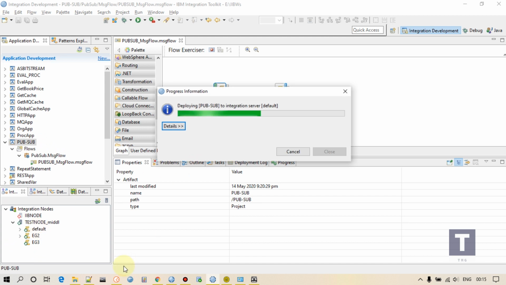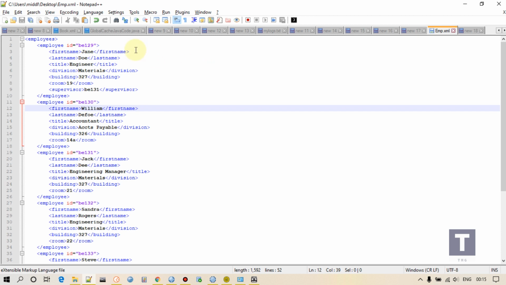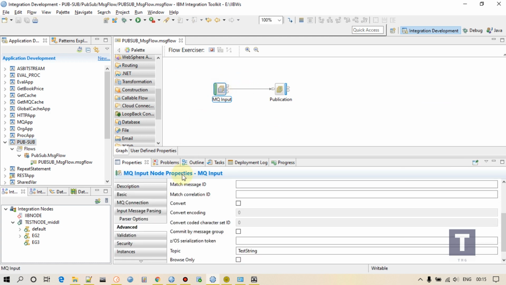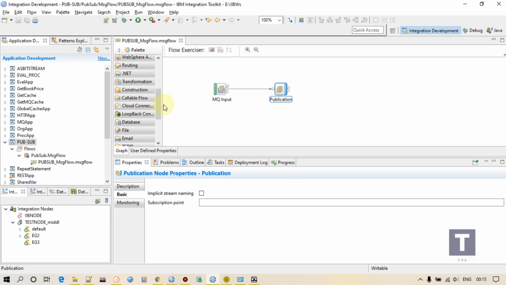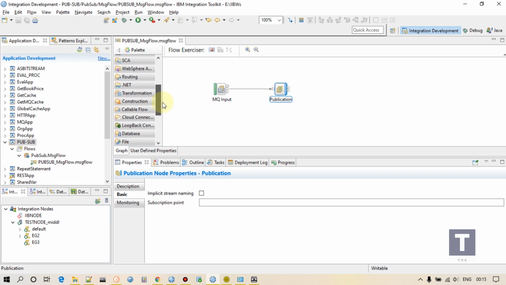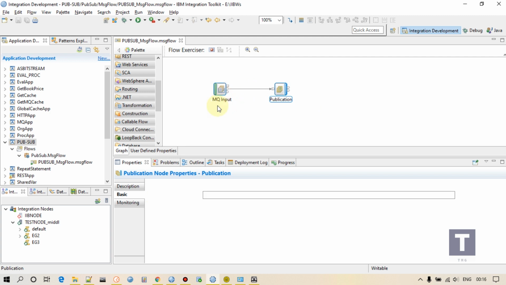Put this EMP message on the input queue of this flow so that it can be published. I'm using this publication node. You can find it in the routing palette. You just have to drag and drop it. You don't have to change anything here. Just for an example, I'm using it; it just needs a topic name on which it will publish the message which it is receiving.